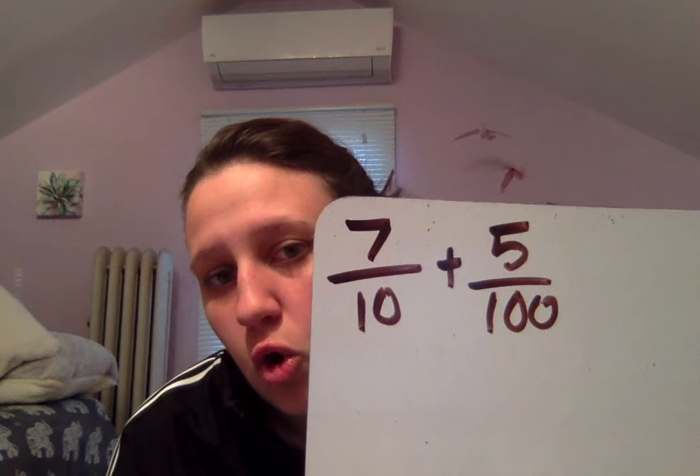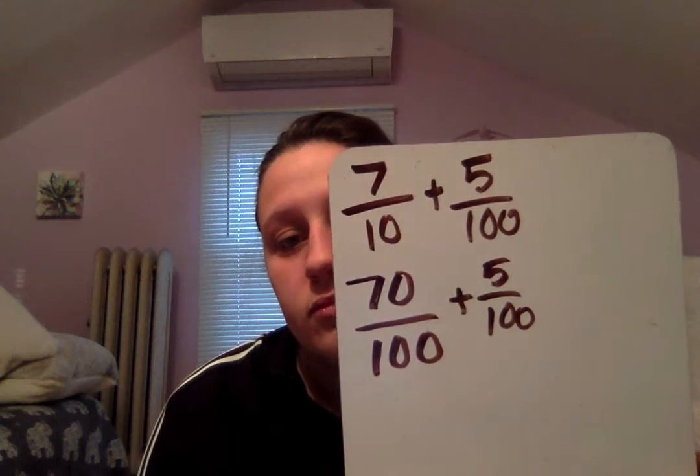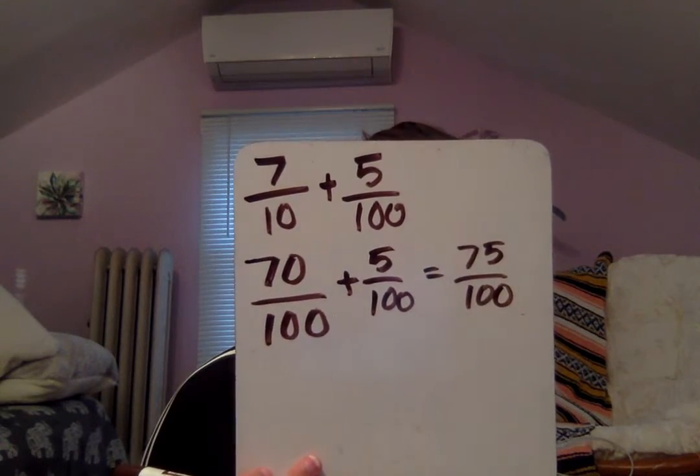So we add the 0 to the top and the bottom because we want to keep the denominator 100. We want to keep that. So 7 over 10 becomes 70 over 100. And we do plus 5 over 100. Then we add. That one's pretty easy. Equals 75 over 100. Done. Pretty easy. So that's what you're going to do for the rest of the time. And I would like to remind you guys, when you have